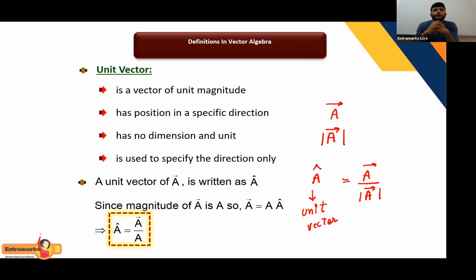Why? Because what is the magnitude of a unit vector? It is 1. Do you think if I multiply any quantity with 1, it will change? It will remain the same. That's why these unit vectors are used to represent the direction or to make a scalar quantity a vector. How? I'll tell you. Now, first of all, you have to assume certain things, that we have 3 axes, x-axis, y-axis